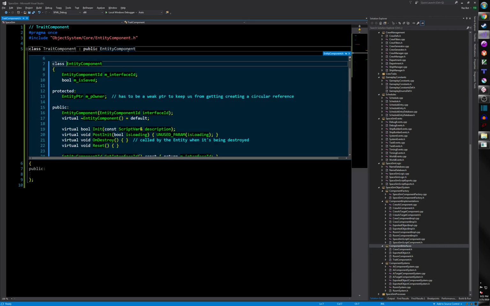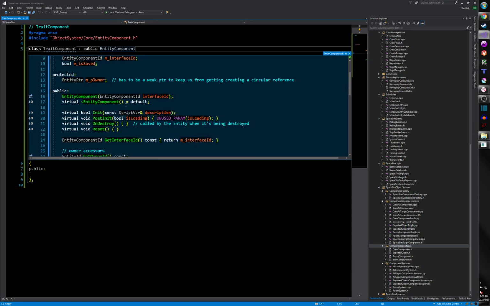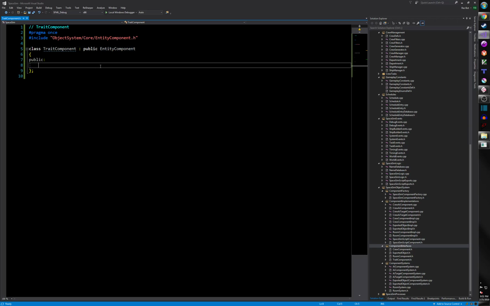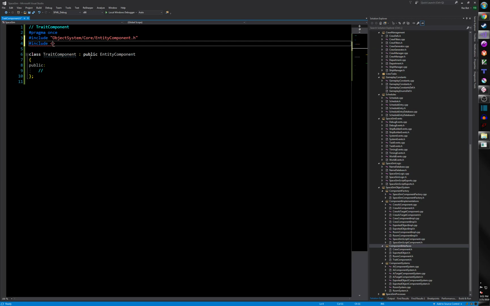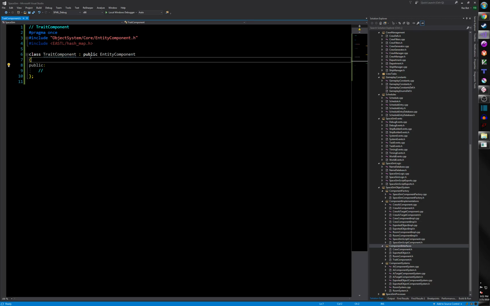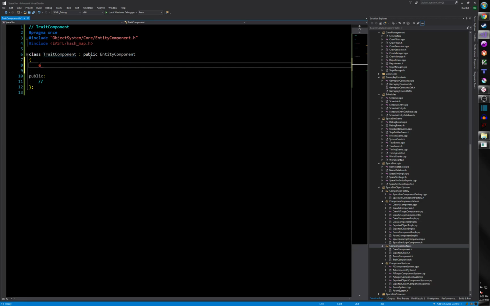And so if I go to entity component, I've got a bunch of stuff here that I can generally override. And so what I'm going to do just to start with is think about what do I really want? Well, my hunch says it's probably a hash map, or unordered map for those who aren't using EASTL. That's what I think this is probably going to be. So I'm going to create some kind of hash map here. It's exactly the same as an unordered map. It's the exact same interface. So the hash map type is going to be,